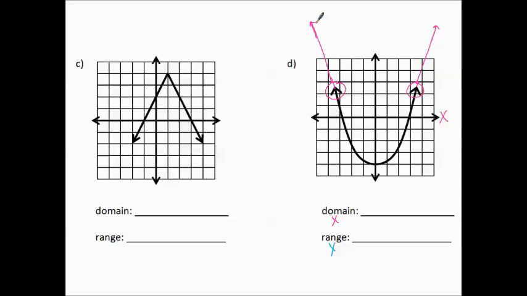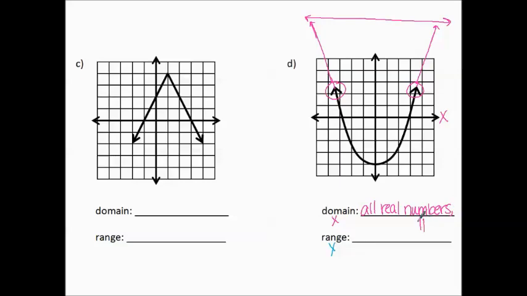It doesn't stop. So for my domain, I don't have a nice start and stop point. It's going to go on forever in my x direction. So when I have these arrows going on forever in my x direction, I'm going to call that all real numbers,